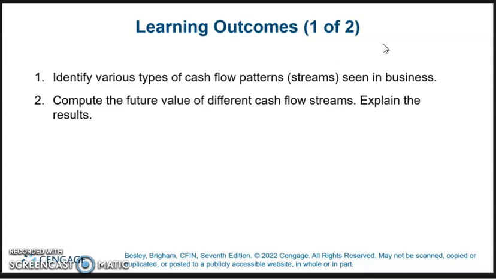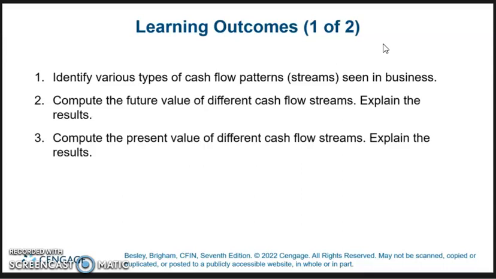Specifically, we'll calculate the future value of a lump sum and the future value of an annuity. We'll compute the present value of different cash flow streams, including present value of a lump sum, present value of an annuity, and also present value